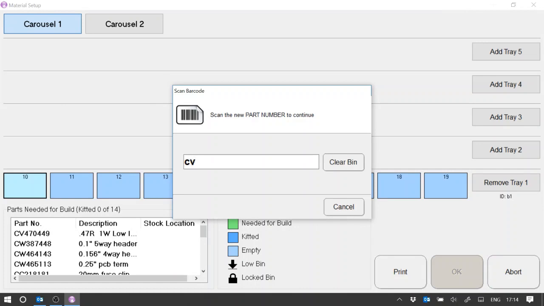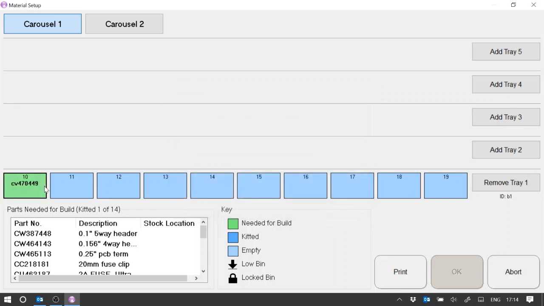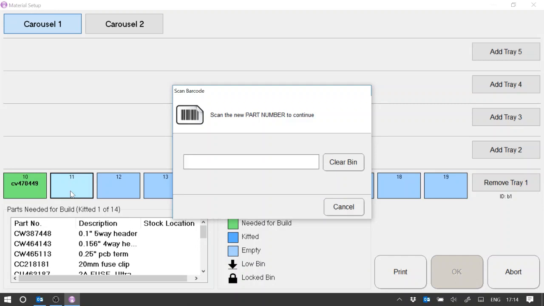So I'm going to do that manually with my keyboard just now, but this would be done with a barcode scanner, and you can see that it is needed for this build. If you load material that isn't needed for the build, it would be indicated in blue rather than green. Okay, I select the next bin location, and when I select the next bin location, the carousel will move to